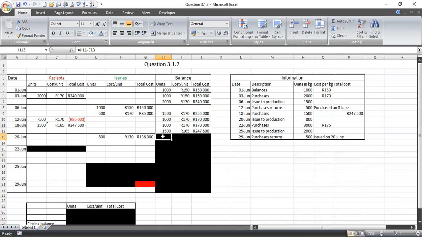So we say 1,000 units minus the 800 units that we've issued to get the remaining 200 units at a cost of 170 and at a total cost of 34,000. And then from there, we bring down the 1,500 units at a cost per unit of 165 and at a total cost of